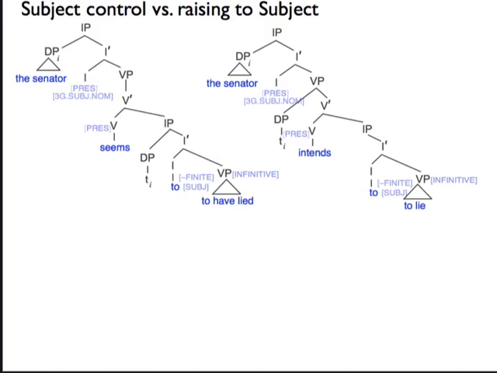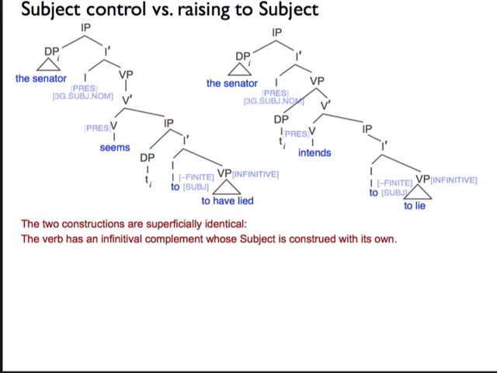And the to lie, this is not a proposition at all, or that's not what it's mainly about. So the difference, that's a critical difference, right? The senator intends, the senator is an argument of intend, and therefore is in the specifier of VP. Notice that's in the specifier of VP slot. Okay, so although they appear to be superficially identical,